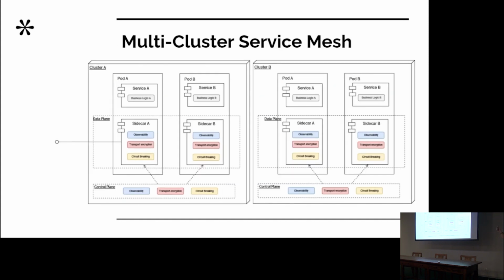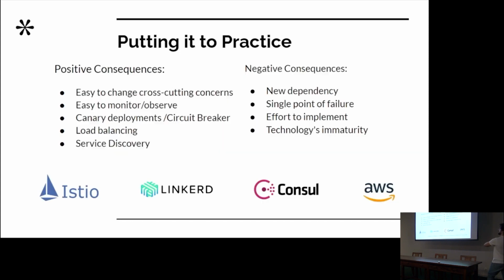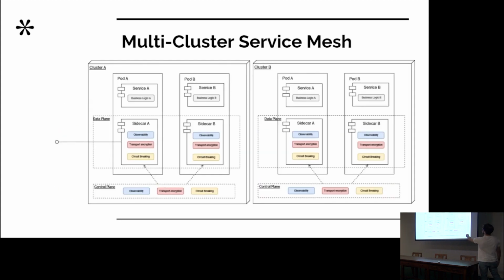Last pattern, multi-cluster service mesh, is a pattern specifically for increasing resiliency and saving resources. What it means is that in a big company, when we have a bunch of clusters, maybe from different data centers, we can use a single service mesh controlling all those clusters. What it enables in terms of resiliency is that if I want to, for example, increase the version of my Kubernetes, I need to shift the traffic from one cluster to the other, one button.